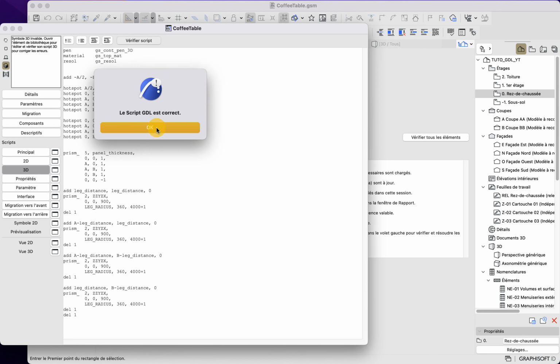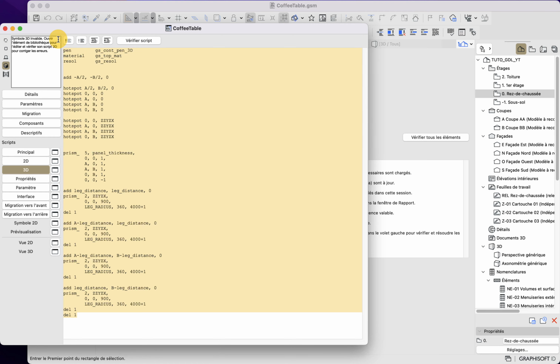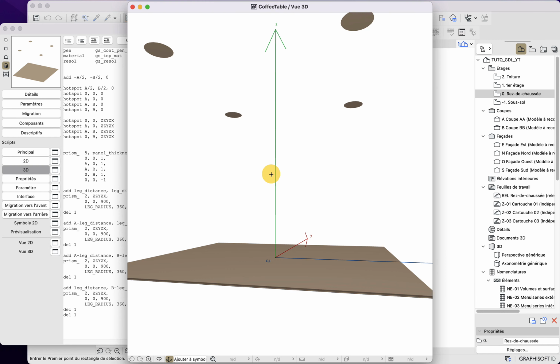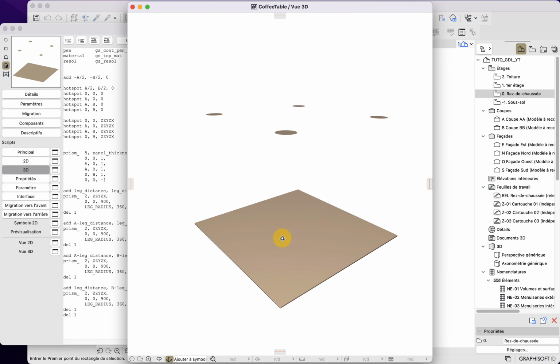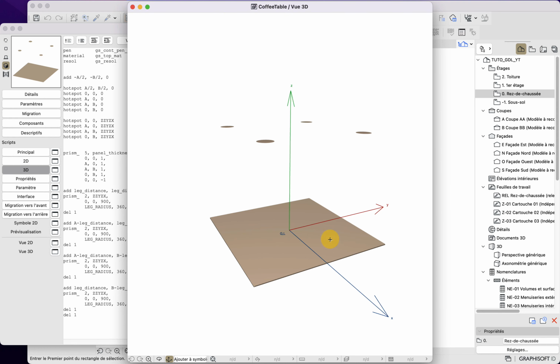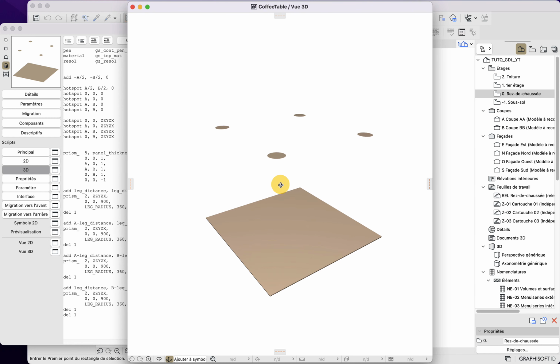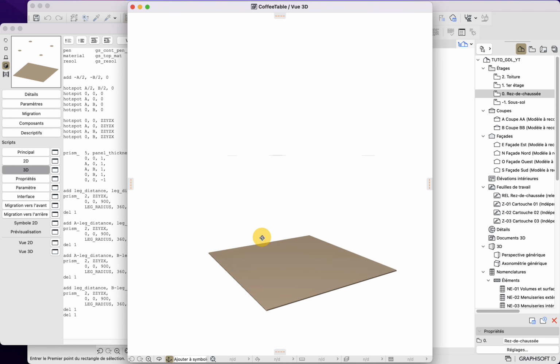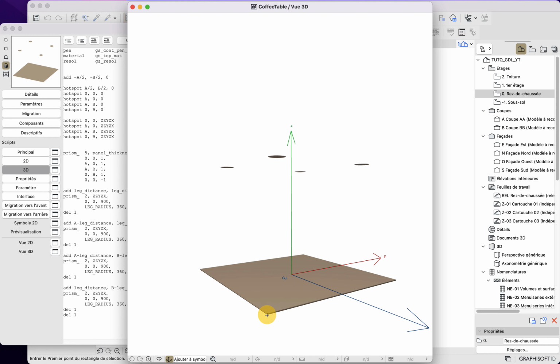Okay, let me check my script. All good. Now we have 0 code that is commented out. Let us check the 3D. You can see now that there is no error in my 3D script. However, there are some issues here. Let us go and open our 3D preview window. Here you can see that I have a panel, okay? And now you can see that I have some floating circles. The reason here is because first, we do not have the proper height for our panel. So we will solve this issue first.